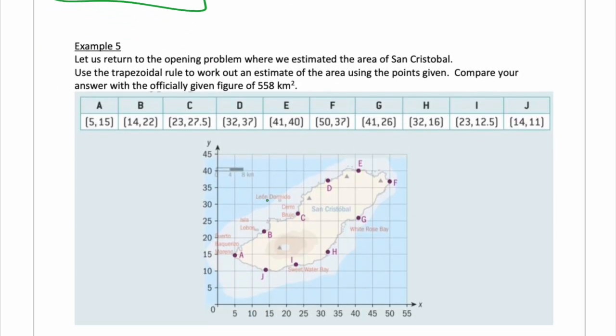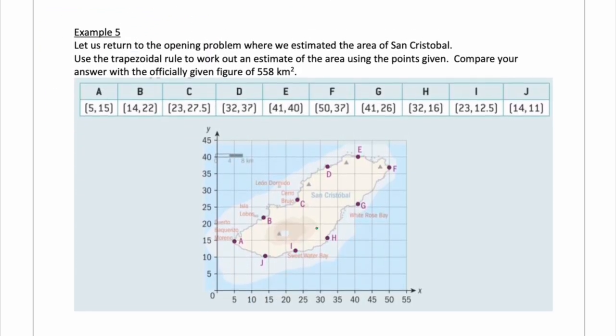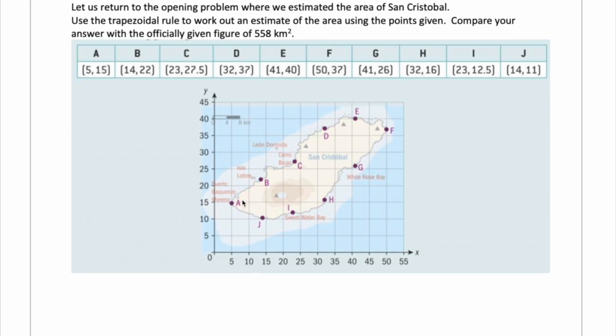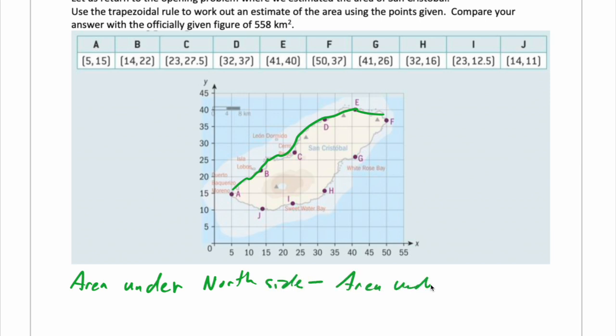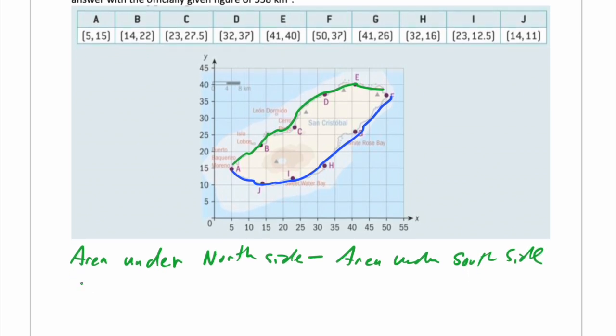And next one, let's check this one out. So this is an island. So what you can do is you can get the area under, let's call it the north side. North side minus area under the south side will give you the area of the island. Okay? Area under south side. So that's just using the